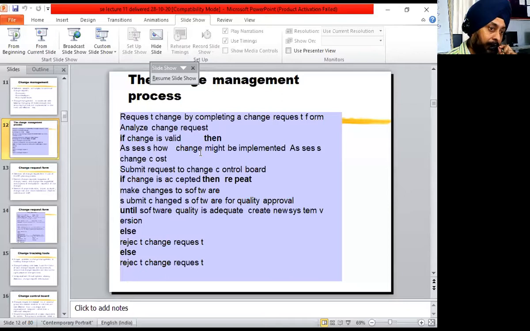Clear? Okay. So if that change is beneficial to the whole system and it is not causing any loss to the system in any aspect, then the change is accepted. Clear? But if the change is beneficial to some parts of your system and it is not beneficial or is causing loss to another part of your system, then the change is not accepted. It is rejected, the request for the change.